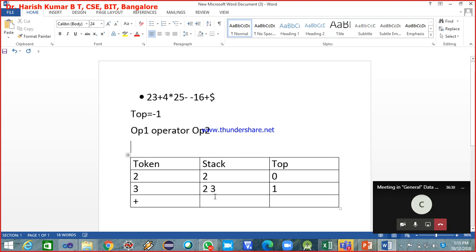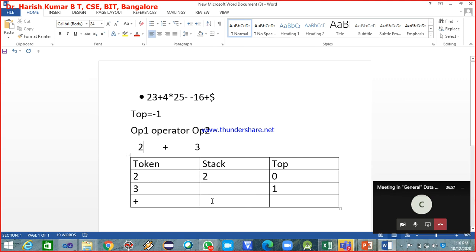So we pop the top element 3 and it is assigned to operand 2, and the operator is plus. So 3 is popped now and 2 is also popped and it gets assigned to operand 1. Understood now? And 2 plus 3 is 5.